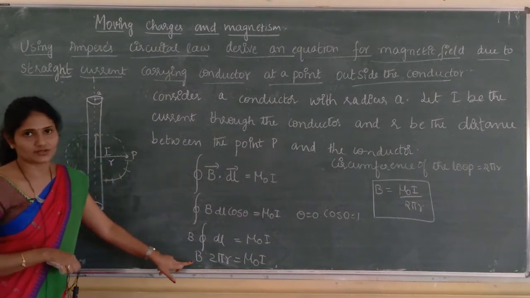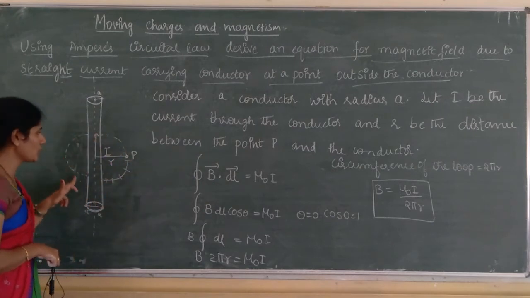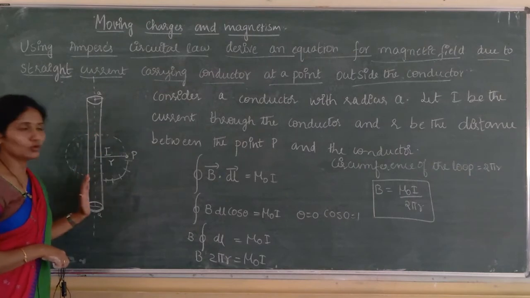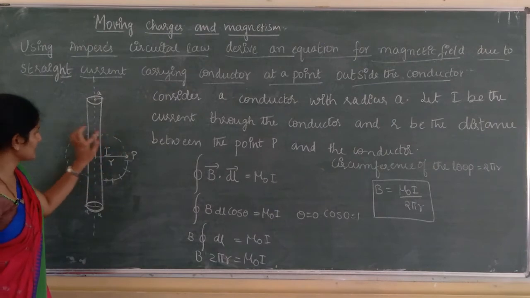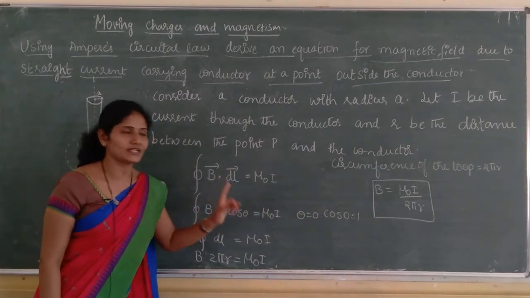So, B is constant. dl is the line element. On adding all the line elements together, we get the whole loop, which is nothing but the circumference of the circle. So, the magnetic field at a point outside the conductor, B, is equal to mu naught into I divided by